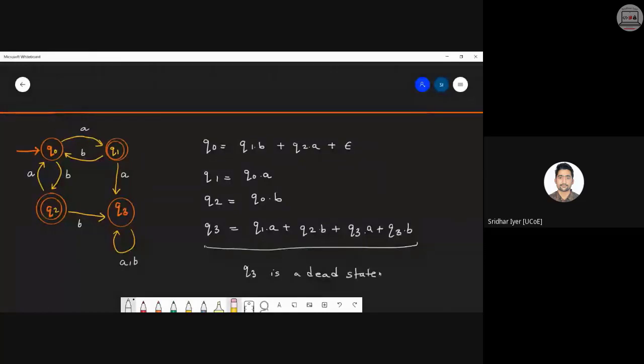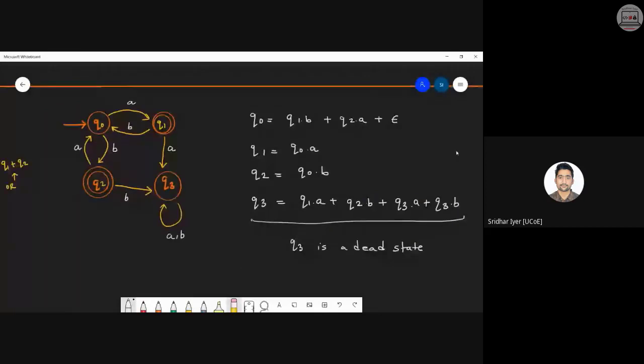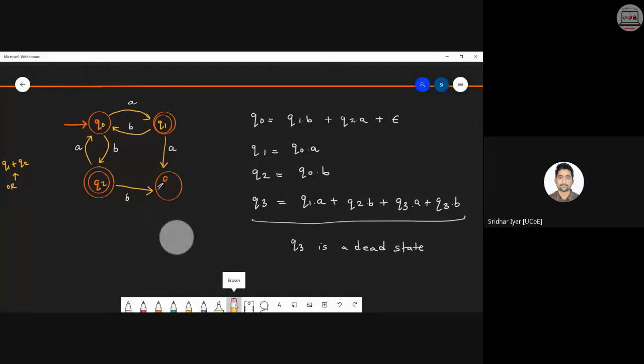Here, you can mention it over there. Redraw the diagram except Q3. समझा क्या किया हम लोगों ने? That is why I told you to wait because otherwise Q3 का expressions आप find करते उसमें late हो जाता. So what you can do is we can get rid of this Q3 because Q3 is a dead state, right? So whatever is a dead state, first of all, try to find that out and remove that from your main diagram. So we can mention over there that Q3 is a dead state. So we remove Q3 from the main expressions or main diagram.